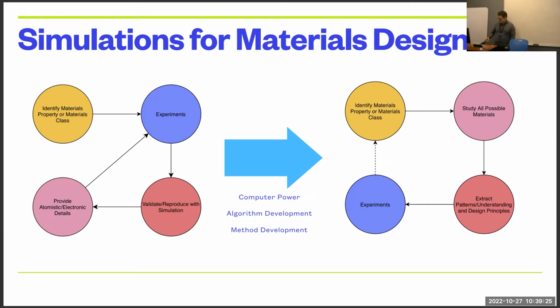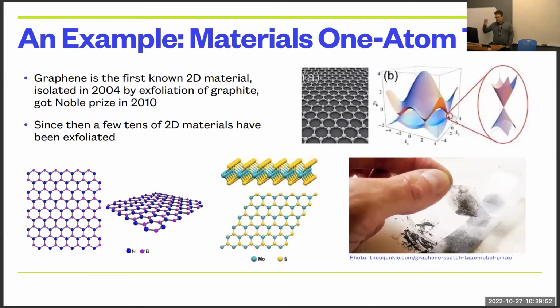So you probably all know this, working in computer science, but clearly the fact that computers become more powerful per se is not enough, because there are a lot of properties of materials that are still beyond reach of standard computer power. And so we need to develop a better algorithm, and we need to develop better methods to tackle very complicated systems. I want to give you one example where this approach to materials design has been very successful